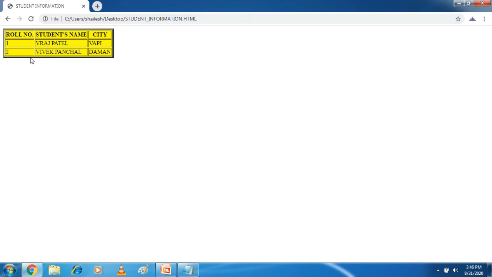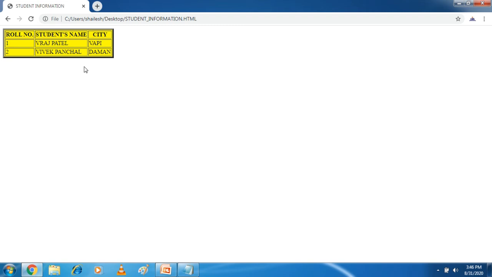So the table background color is yellow, and this is your bgcolor attribute. Have you understood, student, all of you? Any doubt? Okay. Now my next attribute is the cellpadding attribute.